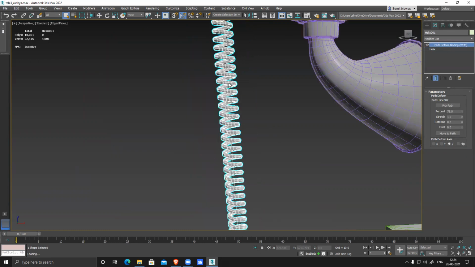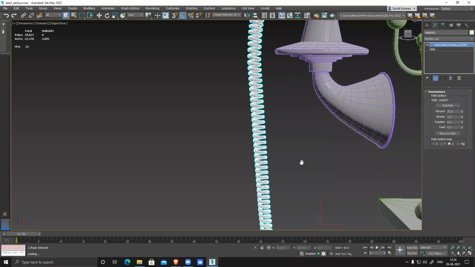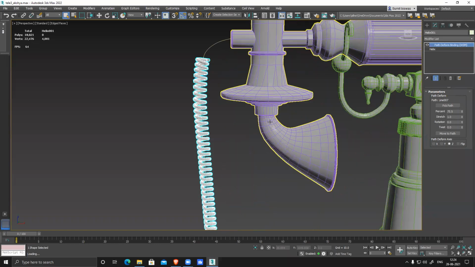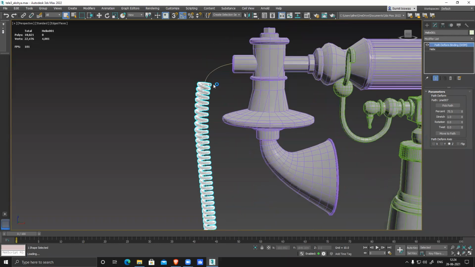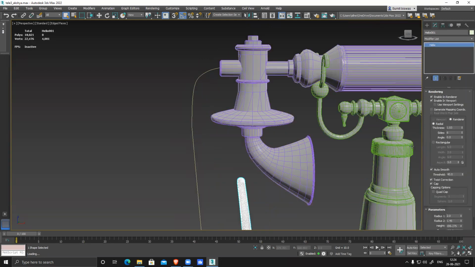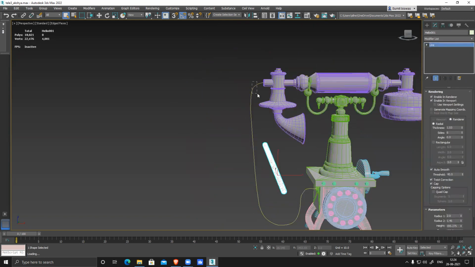But after this, it's a lot of extra polygons. So you can definitely reduce it. This is too much. Like there are others you can see that are quite optimized. You have to optimize it. Sir, but I cannot connect this. You cannot connect. So you use helix and use the path deformer. Instead of that, like the process we created this thing.